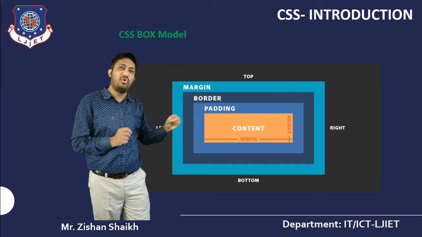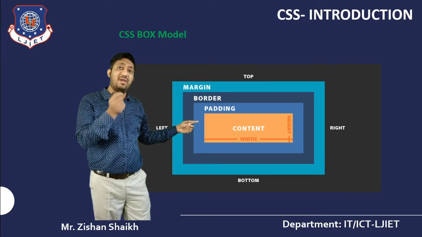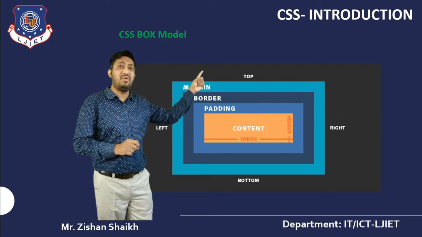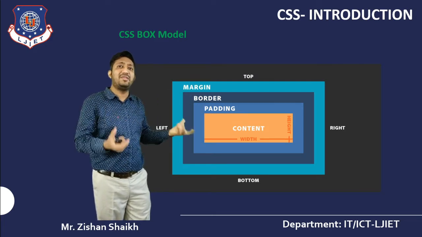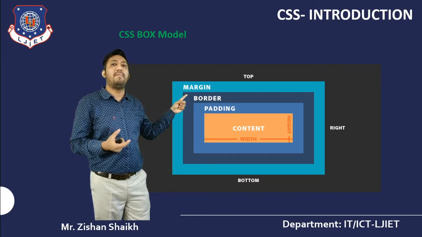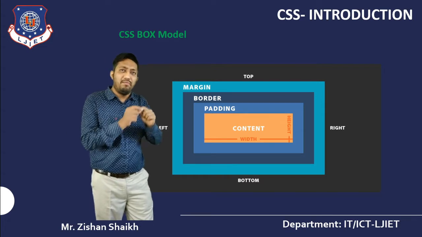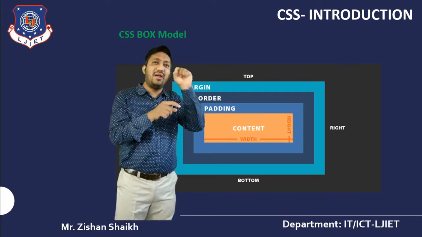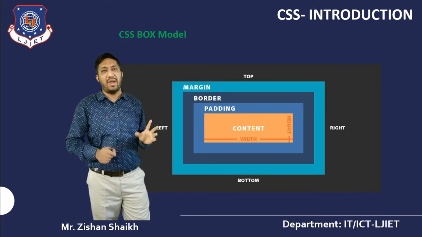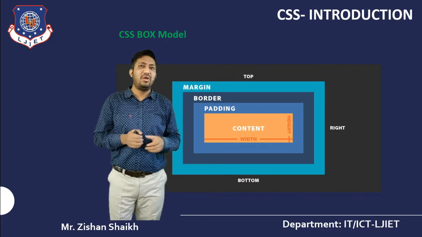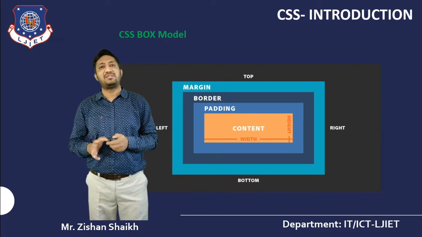Whenever you want to put your content, you should remember where you are putting it. For that your reference will be top, bottom, left and right. How can you maintain that? With the help of margin. Whatever space you want there will be known as margin. But between the border and the content, if you want to put some space, that will be known as padding. So you should be aware of this context, of how you can put your data on your screen.